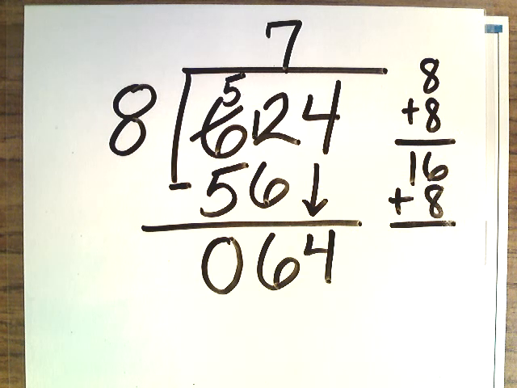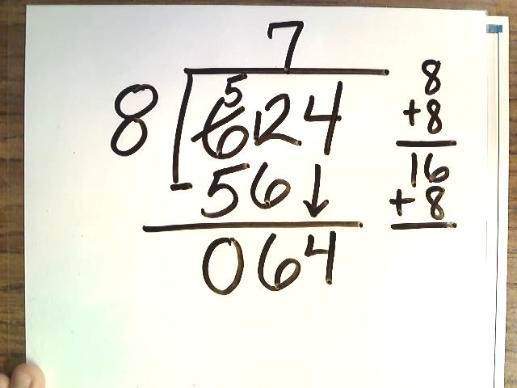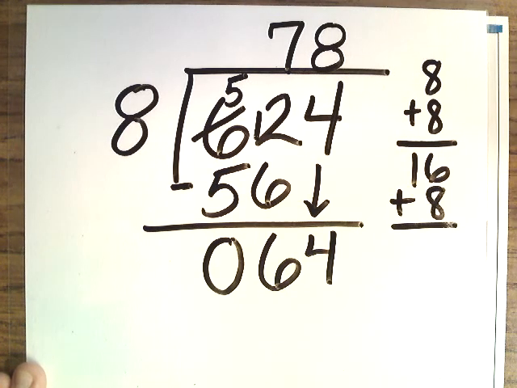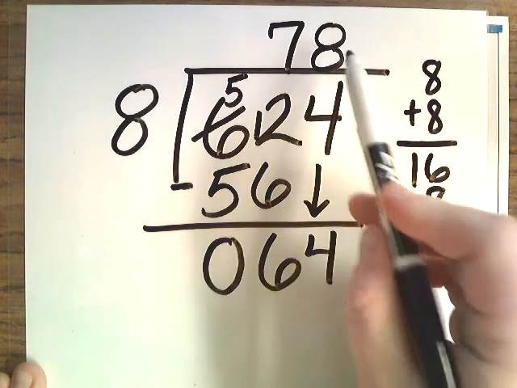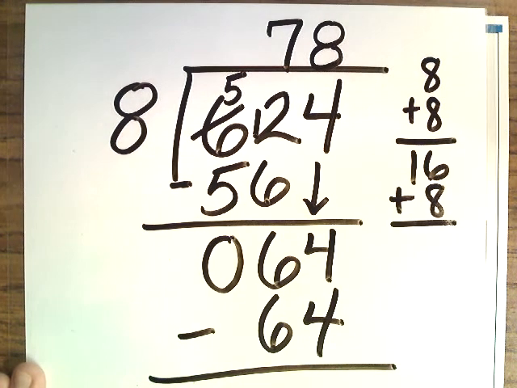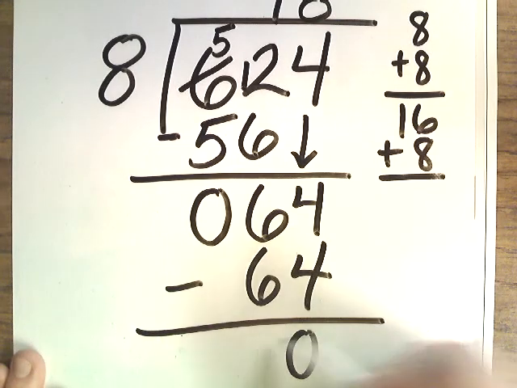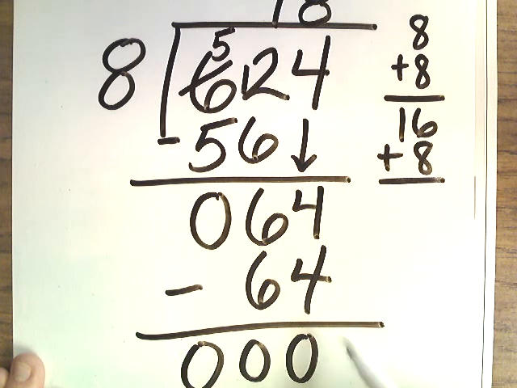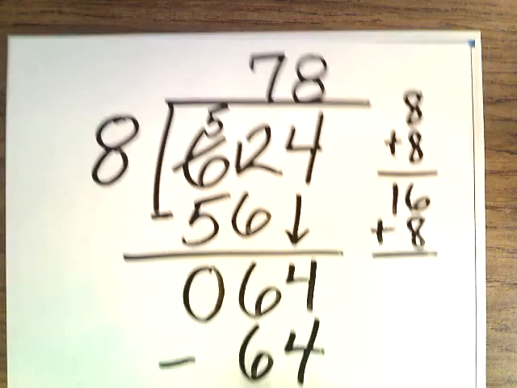Now I'm going to look at it and go, okay, how many groups of 8 are there in 64? How many times can 8 fit into 64? Well, if I know my 8 times tables and I can skip count through my 8s, I know it fits 8 times. And the beautiful part about this is it fits 8 times exactly because 8 times 8 is 64. And we do our subtraction. 0, 0, and 0. We have no more numbers to bring down, so we have no more numbers to divide by. And we don't have a remainder because we got 0 down here. So our answer is